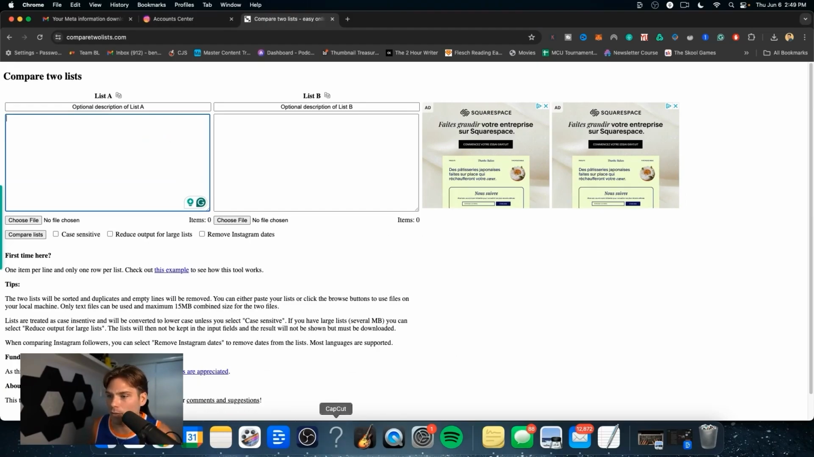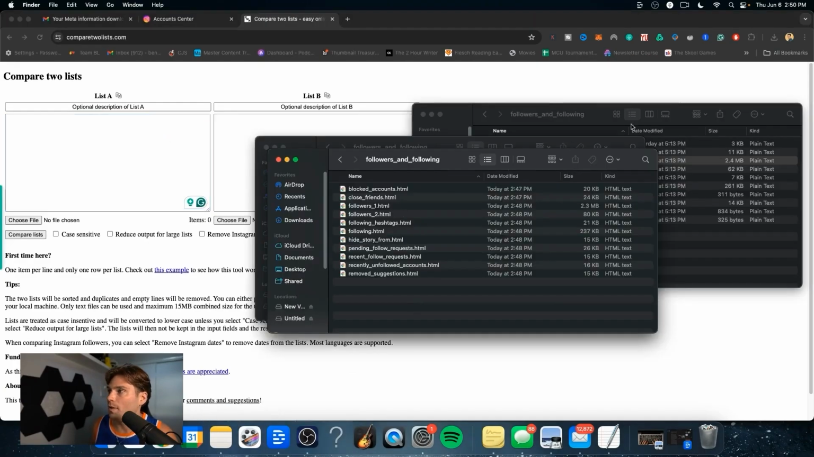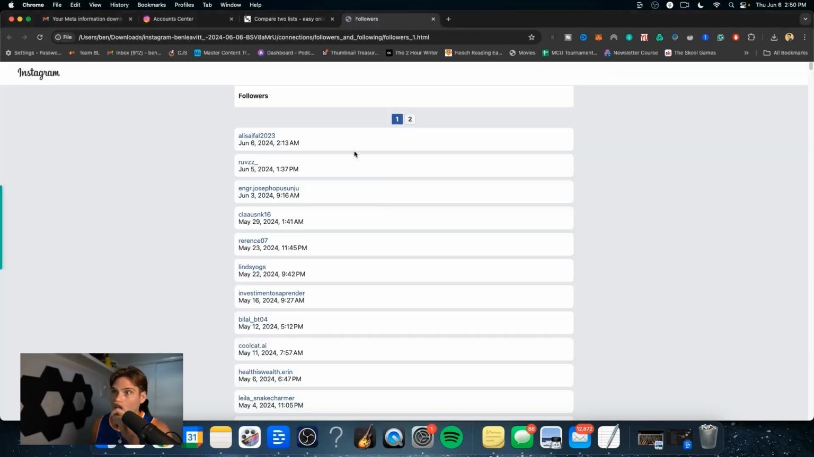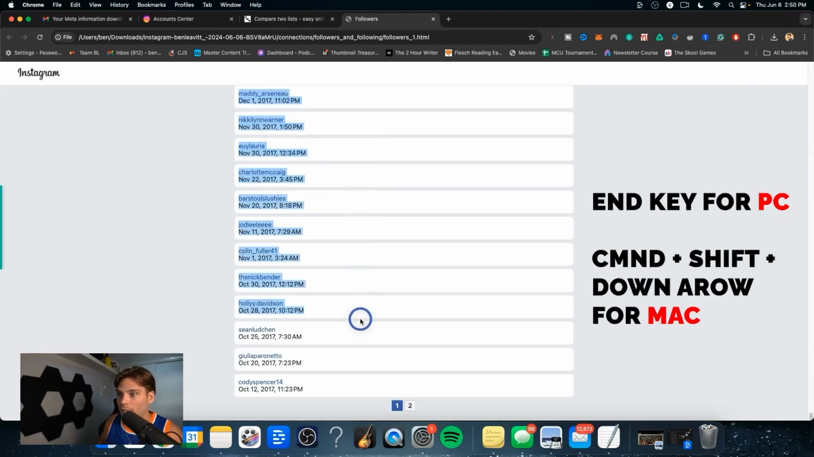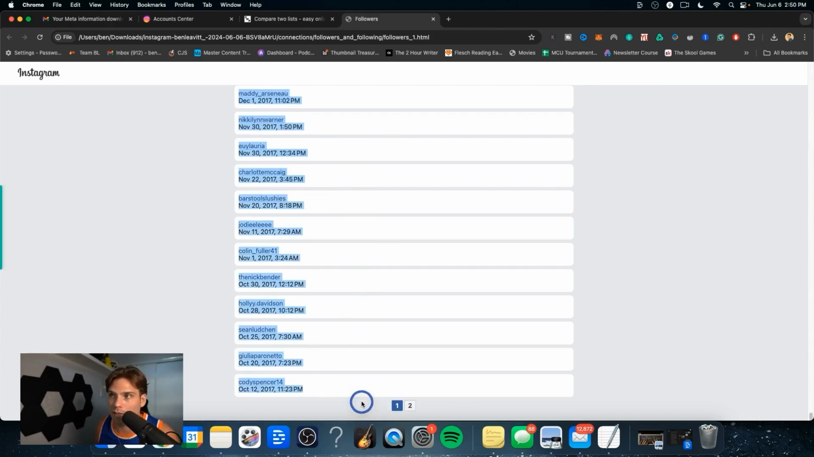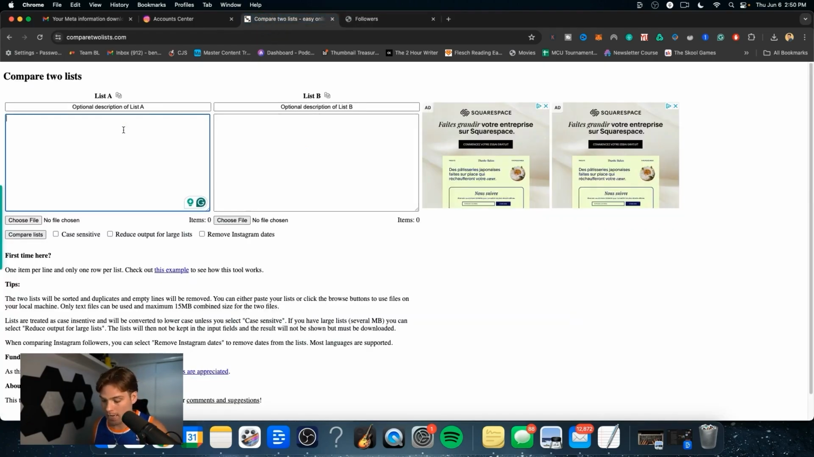So all you have to do is first open up the followers tabs. This will depend how many you have, like how many times you have to open it will depend how many followers you have. So all you gotta do is Command Shift down, I believe it is, to go all the way down to the bottom of the page. Yeah, for Macs. And then we'll pop up how to do it for PCs. All that's doing is copy and pasting everything that's on the page. So you wanna do all of that, then click Command C, go back to list A, and then paste it